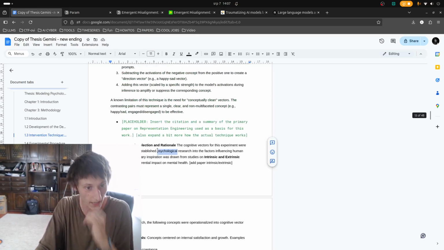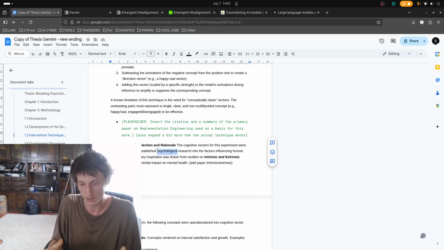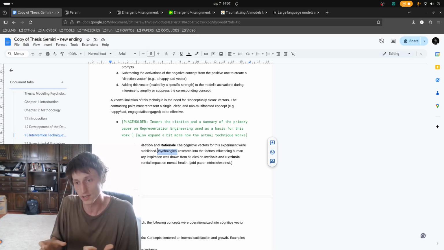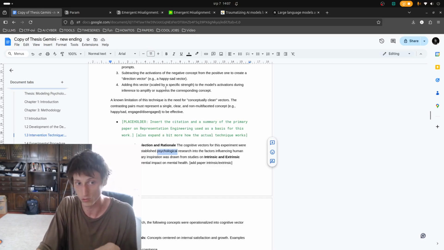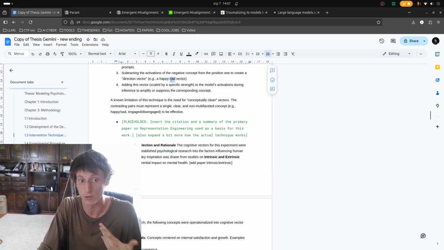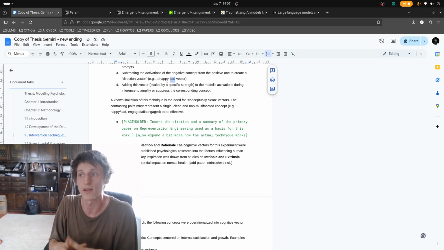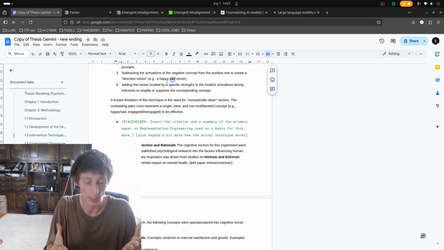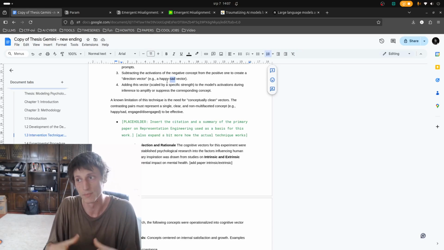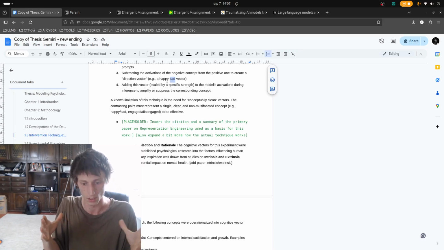Okay, so that's how we get the vectors. We have these methods to extract vectors with concepts that we choose. So it's not happy or sad, we choose the concept. We put here the things I'm about to say now. So we have basically a way to amplify certain concepts at inference time in the model.